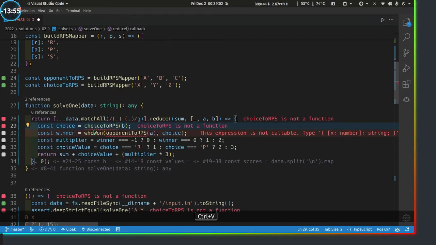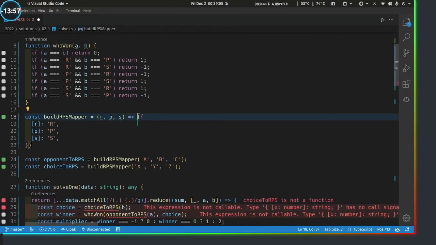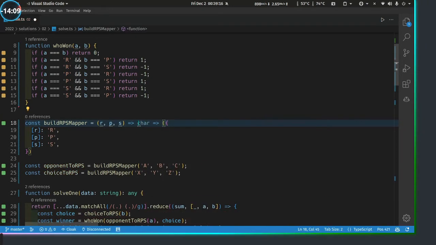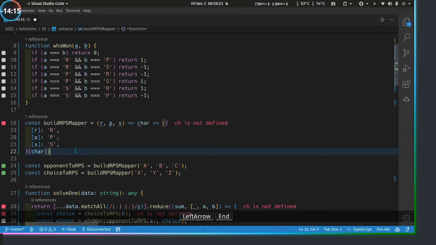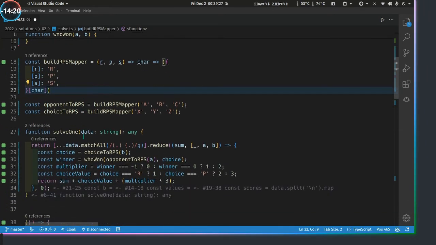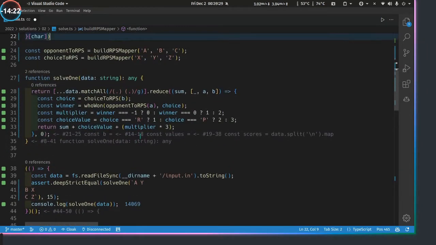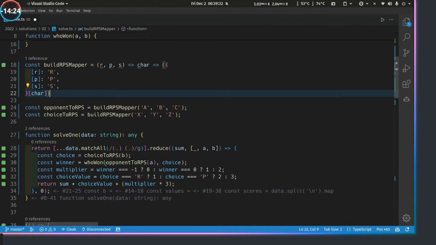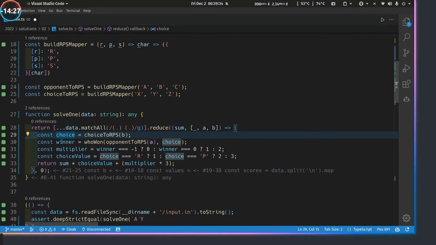A, B. Apparently these are not happy because it needs to be a little curry to function. So I need to take the car and return, not an object. I mean, I probably need to, but I need to do it like this. There we go. So it indexes the magically returned object, which math still checks out. So you have choice to RPS, winner,